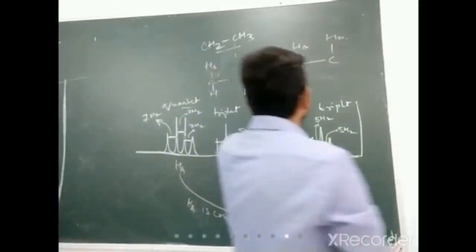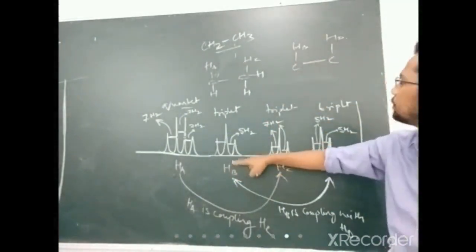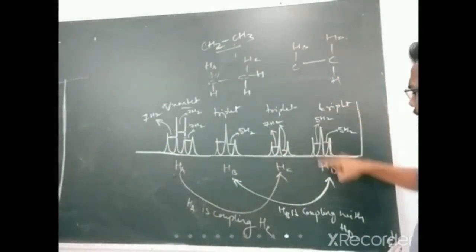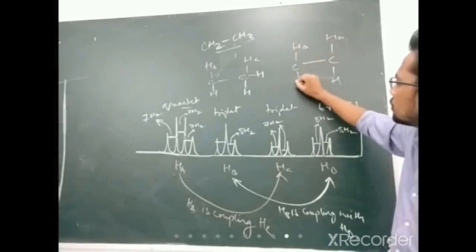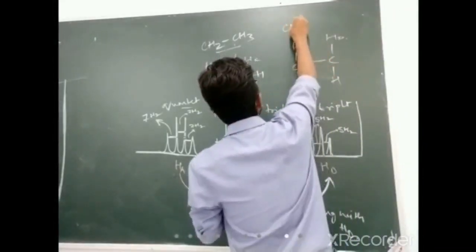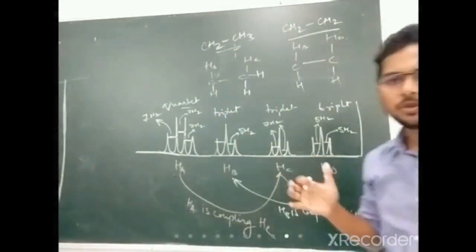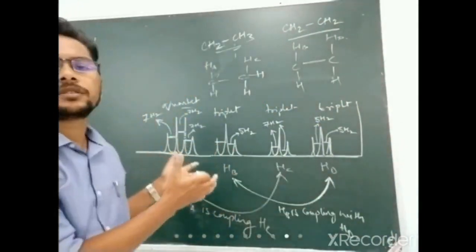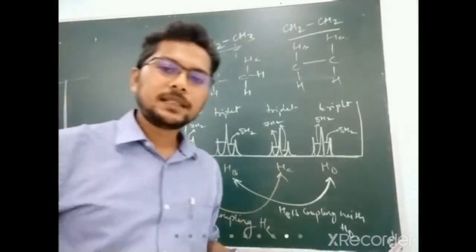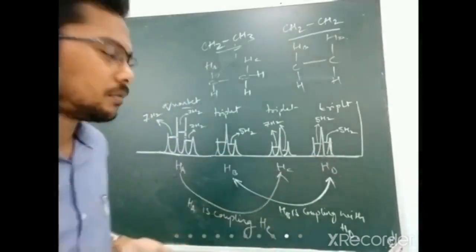And in this case, if we see here, HB, where is HB? This is HB. This is coming as triplet. If HB is coming as triplet, this will be CH2 here, and HD is also coming as triplet, so this is also CH2 here. So this gives another fragment, that is CH2 and CH2. This vital information you will be getting from the coupling constant values and by the splitting pattern. Then when we discuss the chemical shift values, with this we will be able to finally predict the structure of the particular compound.